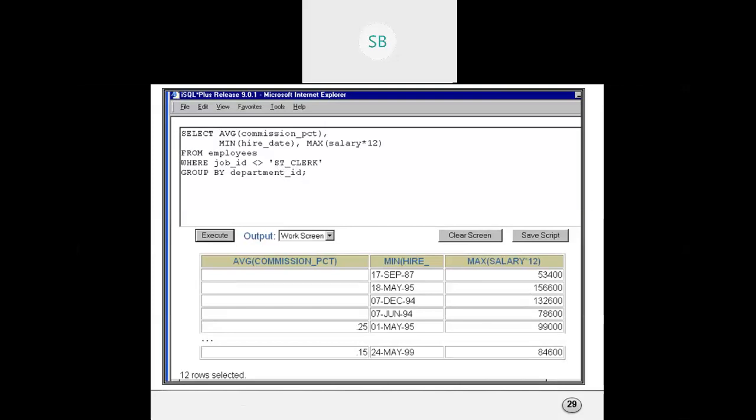Please everyone go through the slides. You will get everything. In the single table query command, we have discussed these types of symbols also. So this was all about the group by clause and group functions.